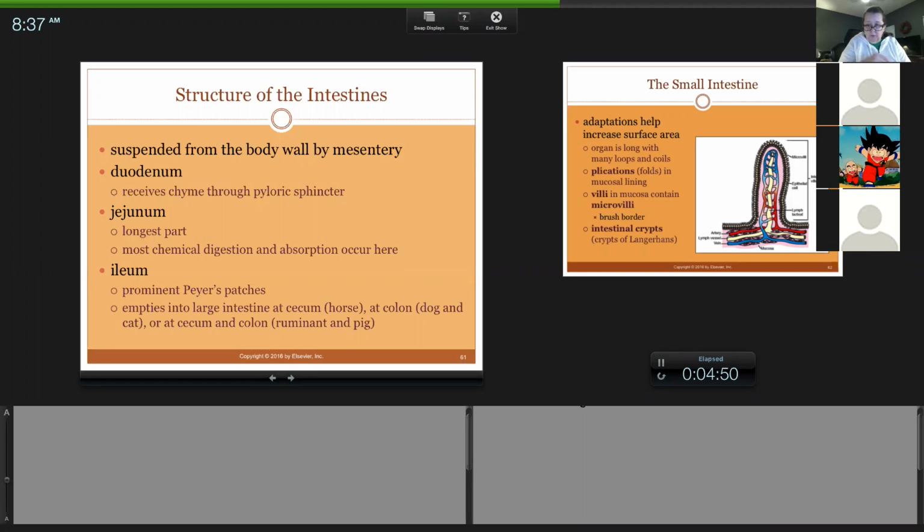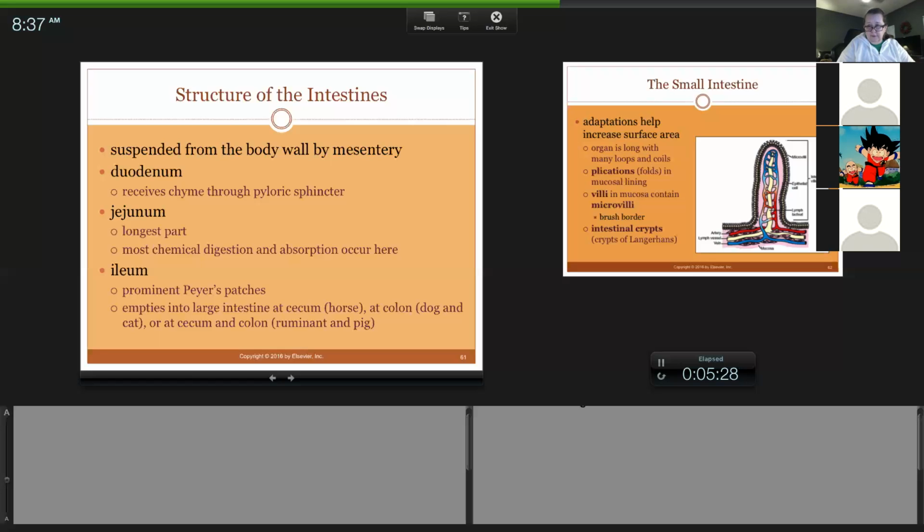Now in a cow, like a ruminant species, or a pig, it goes to the cecum, then to the colon. But the cecum in a cow or a pig is not prominent for digestion. Stuff is just going to move through the cecum. Let me go back. In a horse it goes ileum, cecum, colon, and the cecum is prominent. In a dog, cat, and person, it goes ileum, colon. And in a cow and a pig, it's ileum, cecum, colon, but the cecum is not prominent in the